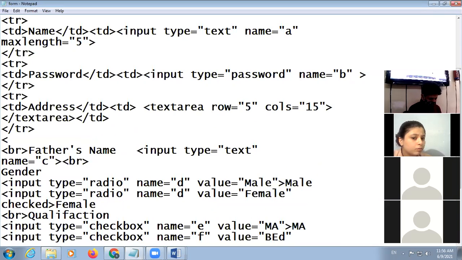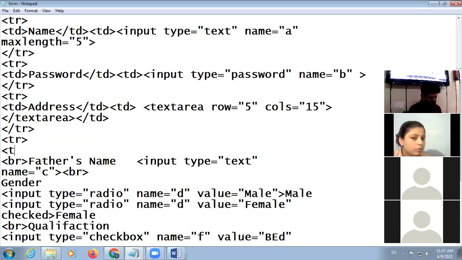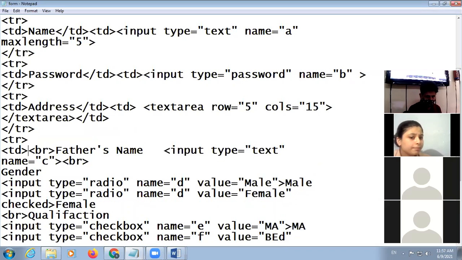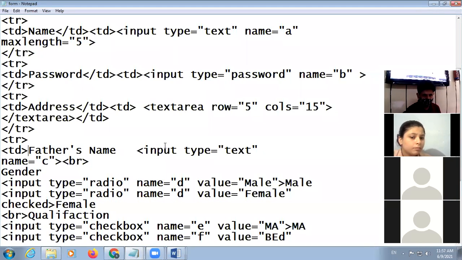Then we take tr again, then td, then td close.